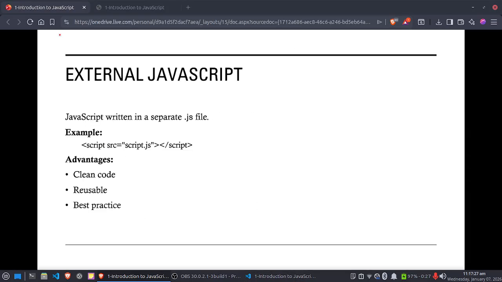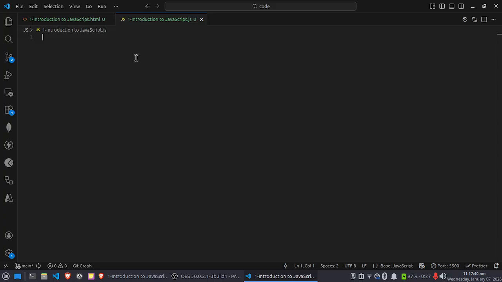Next, the third one is the external JavaScript. External JavaScript is the best and most professional way. We write JavaScript in a separate .js file. So let's write this. I already wrote an introduction to javascript.js file,